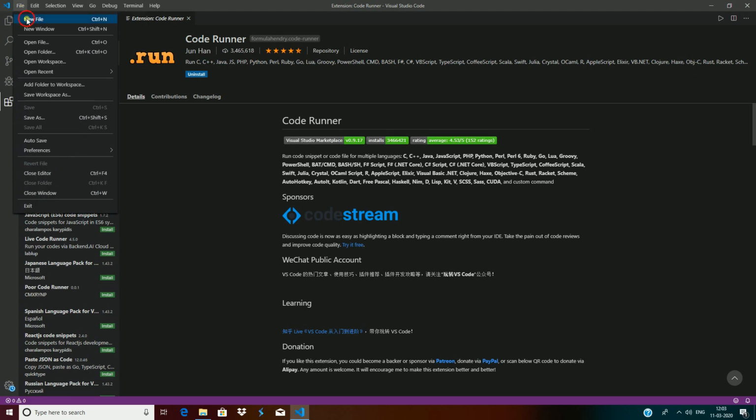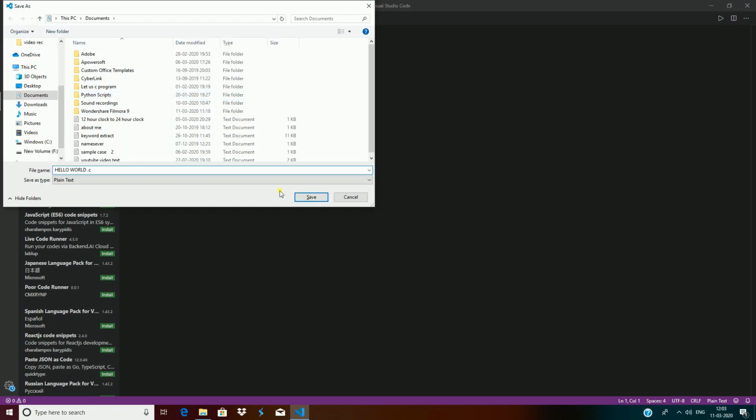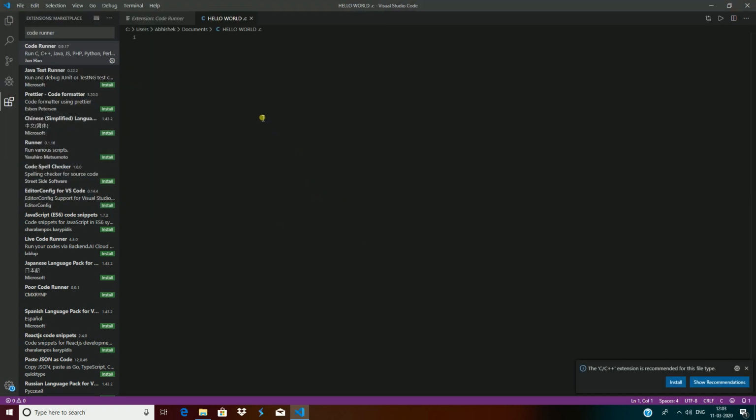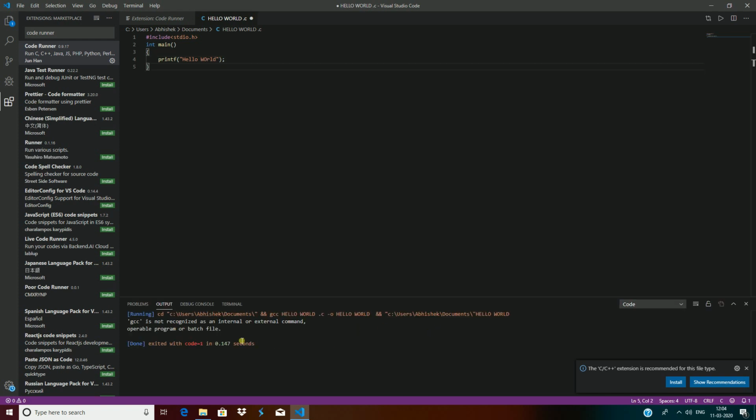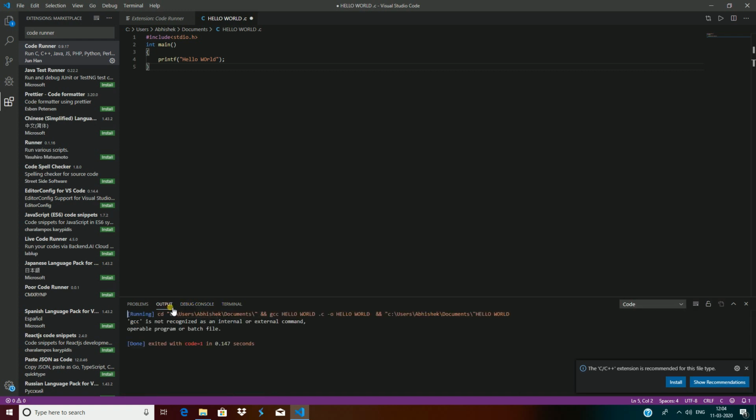One thing to keep in mind while saving the file: use the extension .c, which is what C files are saved with. Once I save it, I can start writing C code. So I just write a sample C code just to show you how to run it. You see the output here. Don't worry about this code. You don't need to know how it works. It was created just to show you how to use the editor.